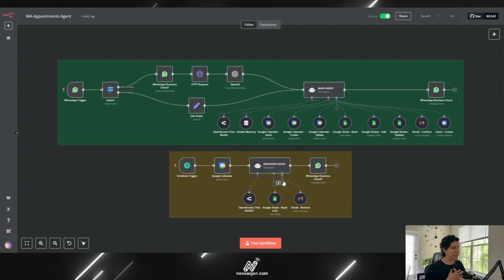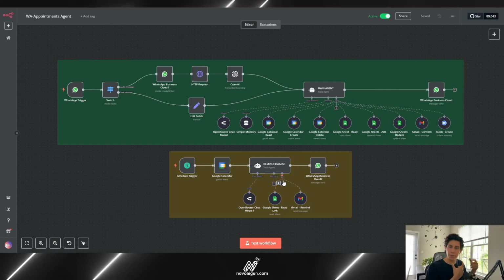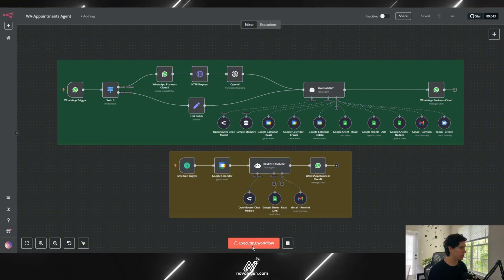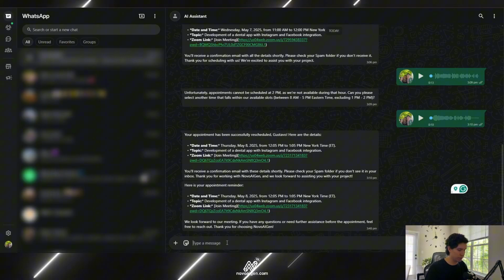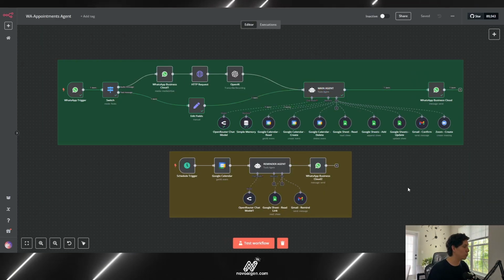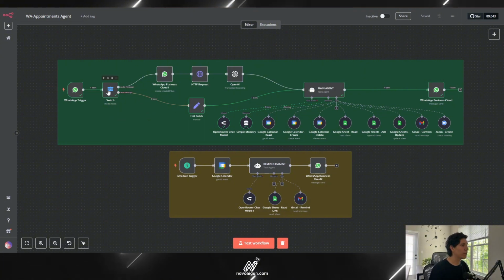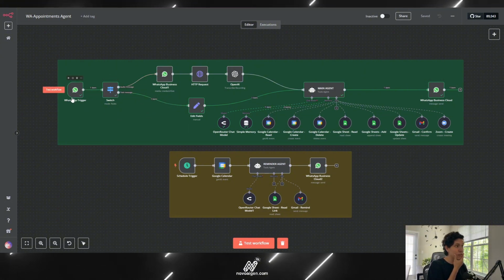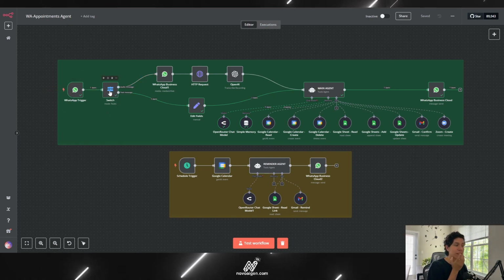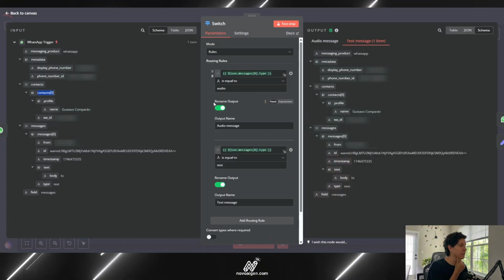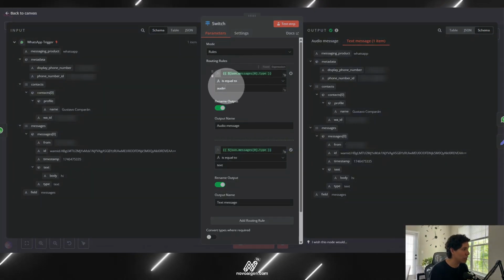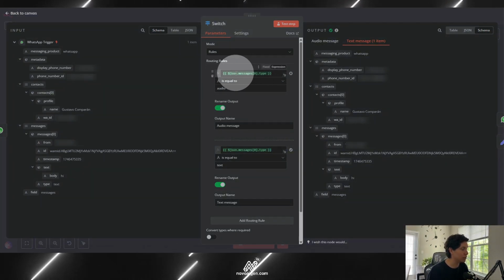Okay, so once we already see how it works, let's see how you actually build this AI agent. So first of all, I'm going to turn this off and test this section of the workflow. I'm going to send any message to see what information we're using from the AI agent. So first, as we say, we're using a WhatsApp trigger here, as you can note. We're using the WhatsApp trigger, and then here we're using the switch. This is the interesting part, the one that is capable of understanding if we are receiving an audio message or a text message. This first one, the one that says JSON message type,